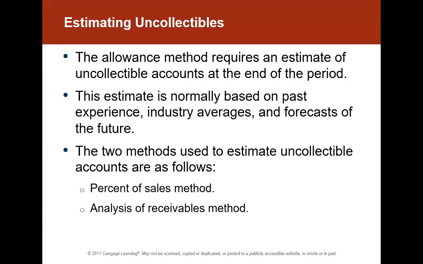Okay. So when we left off last Thursday, we had covered the allowance method, and we had dealt with debiting bad debt expense and crediting allowance for doubtful accounts when we're dealing with the allowance method. And we looked at what happens when you write off accounts under the allowance method. So just as a review, as we're getting into how we actually come up with those estimates, if you remember,